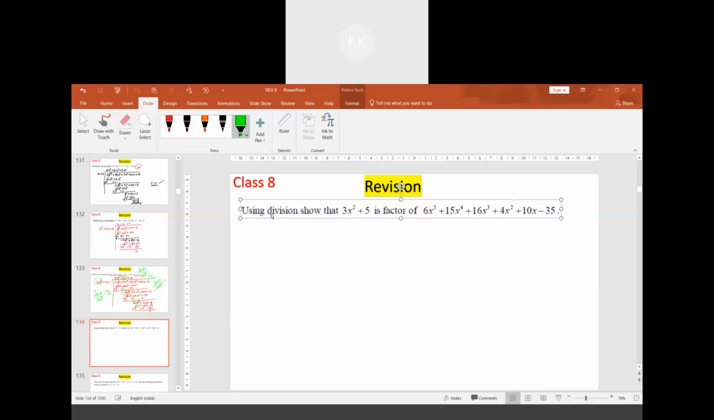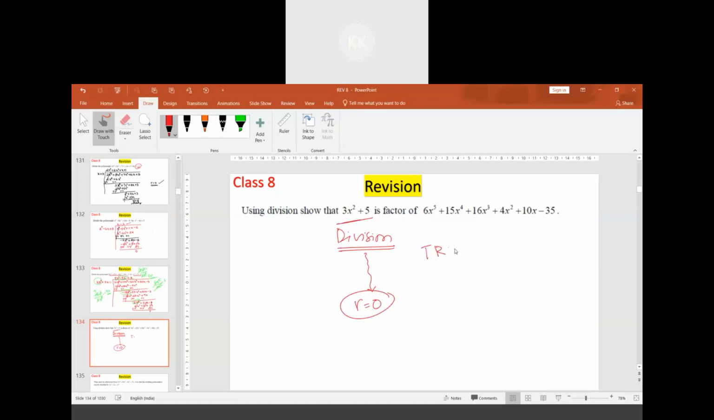The question here now is slightly changed. Using division, show that this expression is a factor of another expression. The method is, while dividing, you should get the remainder 0. In the division method, if you are getting the remainder equal to 0, it becomes a factor. Please try this. With this question, let me end today's class. If at all any doubt is there, please ask. Sir, in